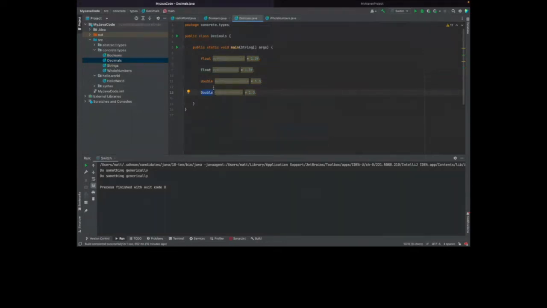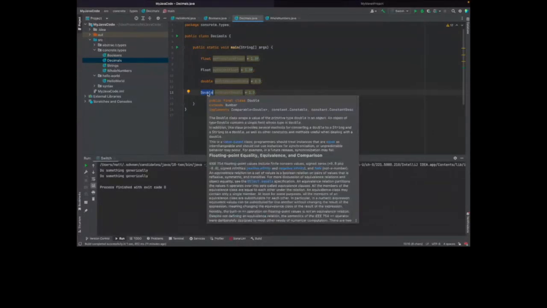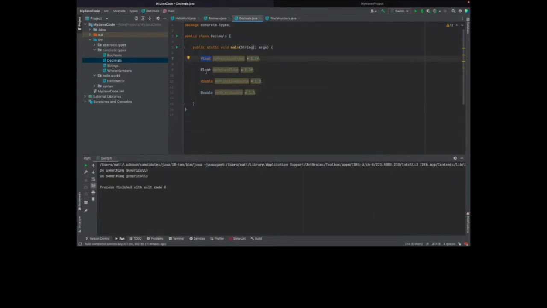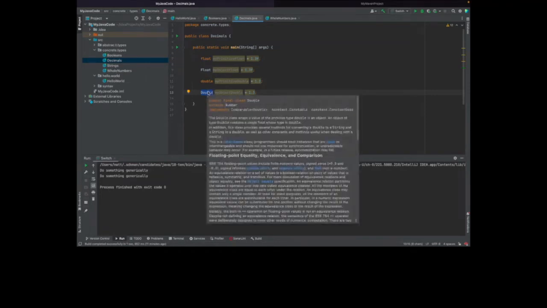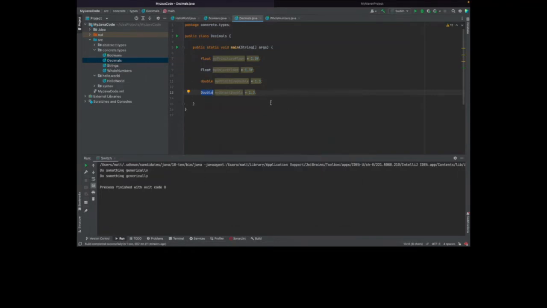So if you have a decimal number like pi that goes on infinitely and you want to be as accurate as possible with that particular value, you might want to use a double, or you might want to define your own type that contains even more precision. But usually most of the time a float or a double is good enough. So a double essentially just uses more memory to store a much more accurate version of that floating point number.